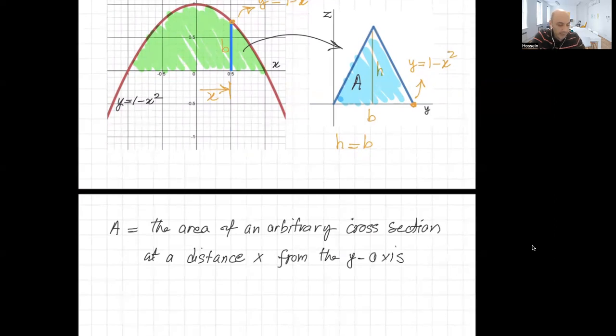We're looking at any arbitrary cross section at a distance x from the y-axis. You see that cross section here, this is a general cross section, and the area of that cross section